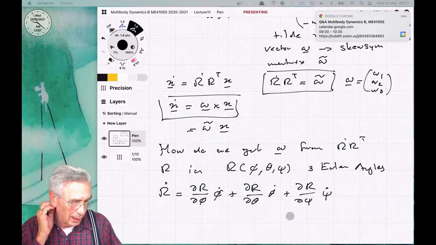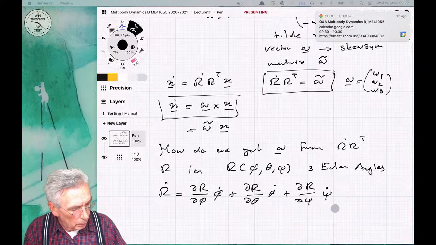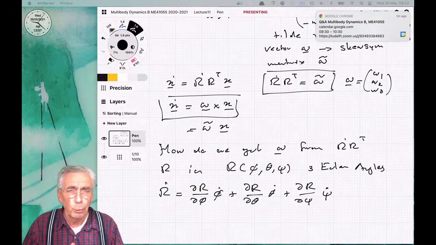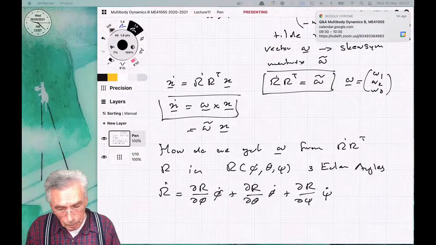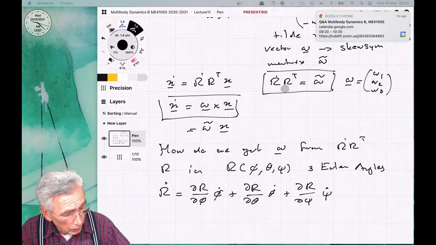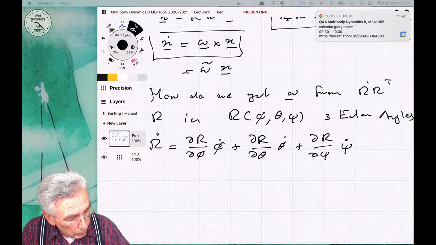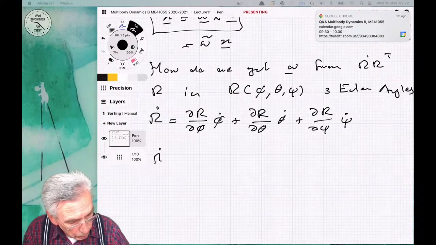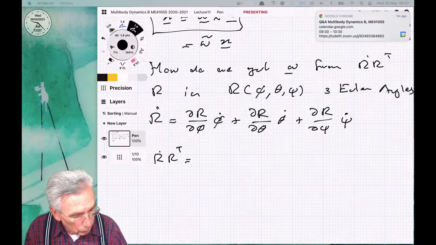So it looks like we have these 3 velocities, but phi dot, theta dot and psi dot are not directly our omegas. So we have to find a way to find the relation between these time derivatives of the Euler angles and these angular speeds. Well, the definition is clearly here. So what we do is we just take the definition. Where is the definition here? So we say, apparently R dot R transpose was defined as this